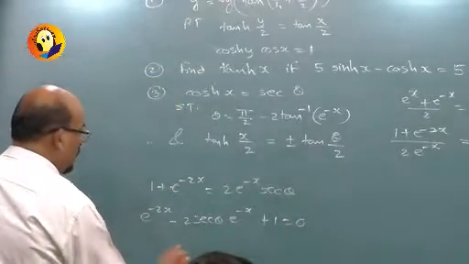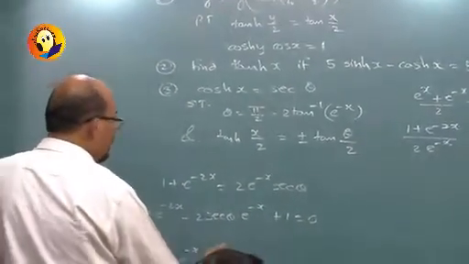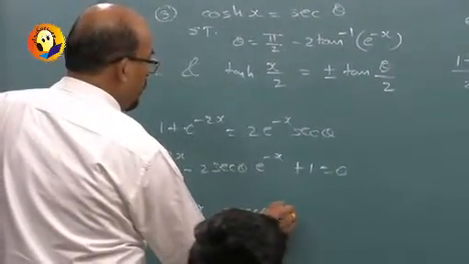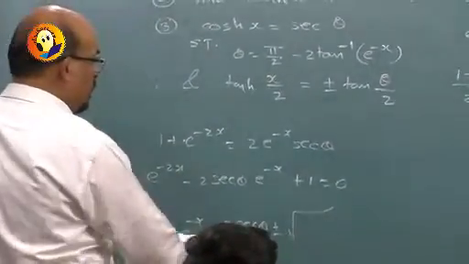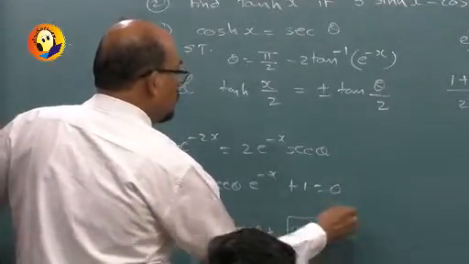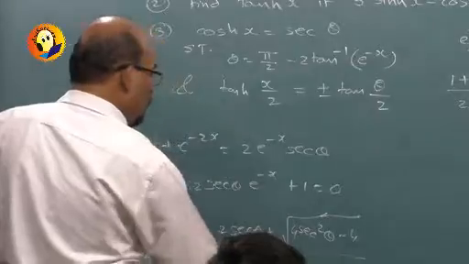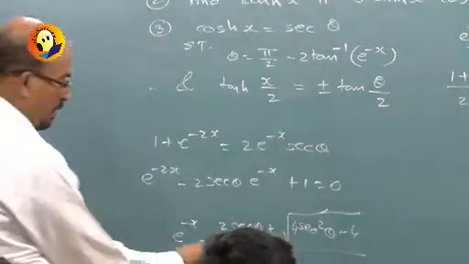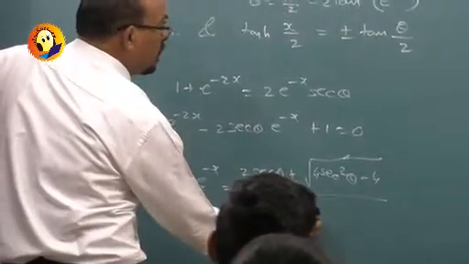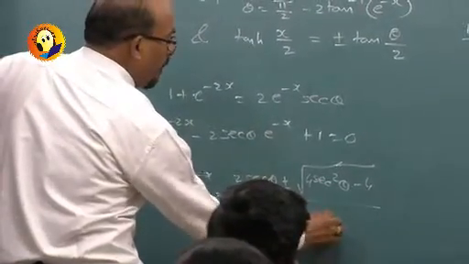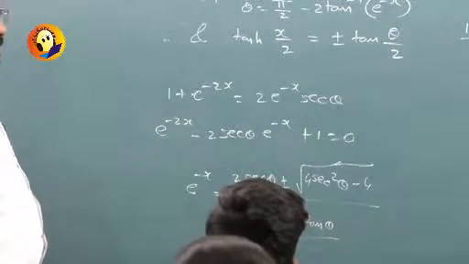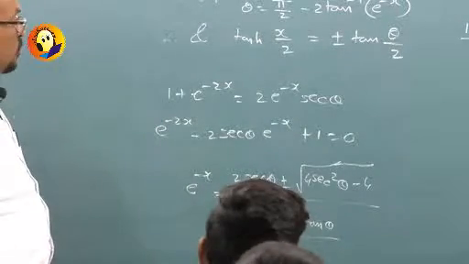And so if you try to find e raised to minus x, it will be 2 sec theta plus or minus under root 4 sec square theta minus 4 upon 2. And in that case it will be 2 sec theta plus or minus 2 tan theta upon 2. So it is sec theta plus tan theta. That is what we are getting. So